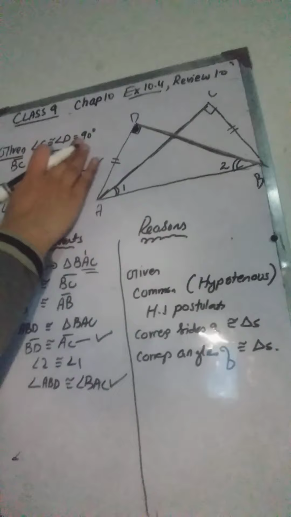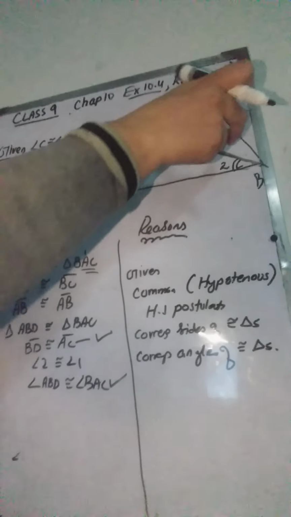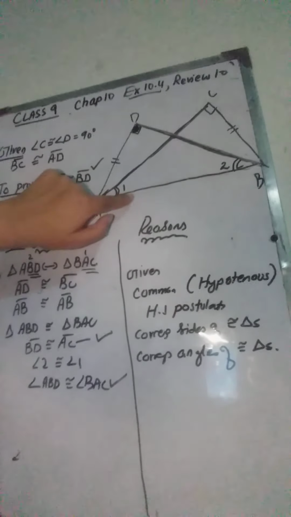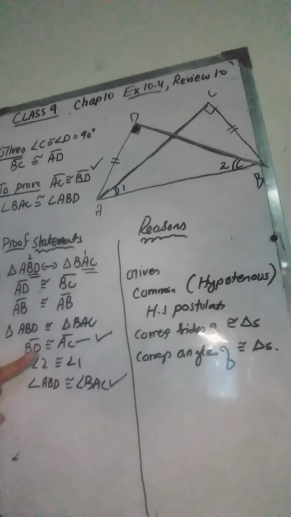We were given that angles C and D are 90 degrees. Also, they had given us that BC is congruent to AD. So two sides were given, and the hypotenuse of both the triangles was the same. So we have written AB is congruent to AB because it was the common side of both the triangles, and AD congruent to BC was given to us. With the help of these, we have proved the HS postulate, as these two triangles become congruent. So BD and AC were the corresponding sides. Therefore, we could easily write that these two are congruent, which proves the first part of the theorem.